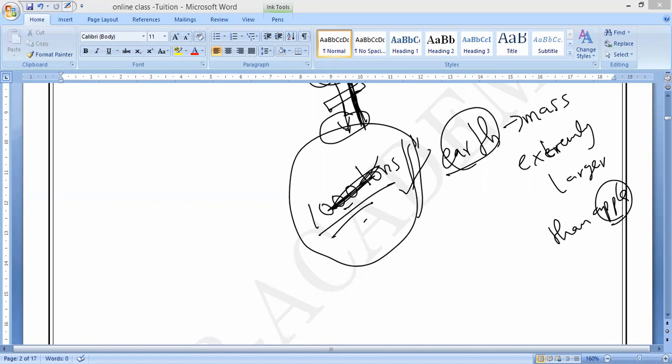So the earth attracts the stone, and since the earth has a very large mass, the gravitational force of attraction between them is very large. Due to that, the stone when dropped will always move towards which direction? Downward direction, towards the earth. So the gravitational force or gravity is always a force of attraction between how many objects, guys? Between two objects. You should remember that.